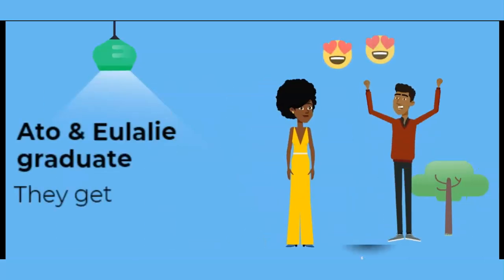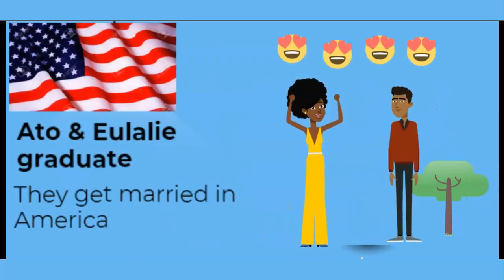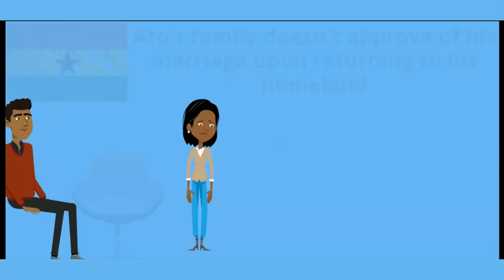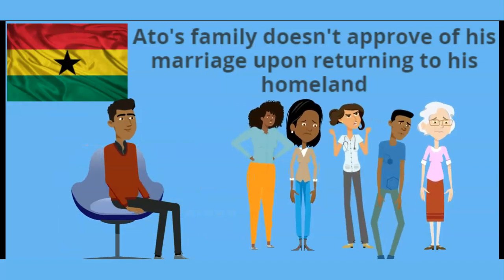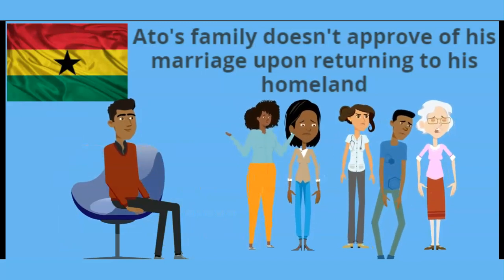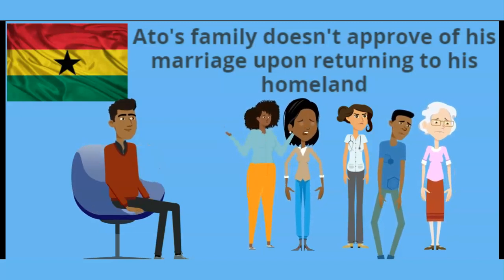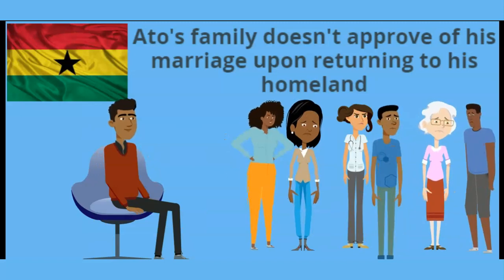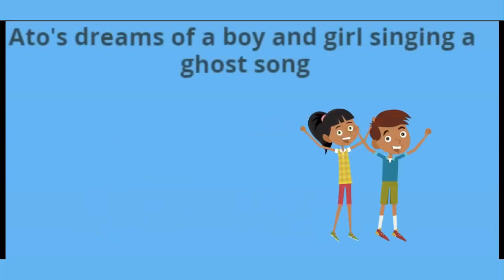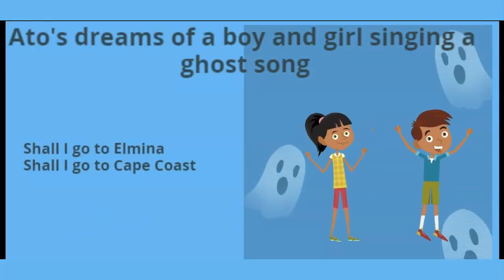In The Dilemma of a Ghost, Ato is a main character. He is from Ghana and goes to America to study. He meets Olali Rash, an Afro-American. They get married there as they are so much in love. The couple came down to Ghana. Ato's family wasn't happy about his marriage to an Afro-American. They claimed she didn't have a tribe and so she was a slave, as her descendants were slaves who were picked up from Africa. 6 months into Ato's stay, he had a dream about a boy and a girl who